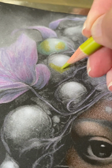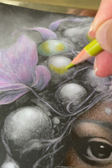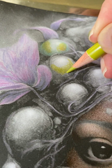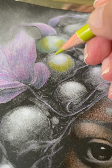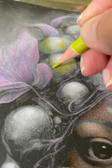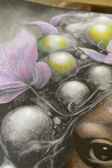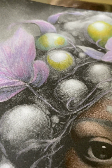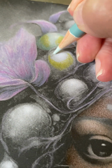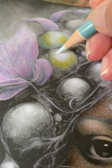Art is just experimenting until you figure out what you like. And styles develop. The more you color, the more you draw, the more you paint. You'll see, when you first start out, you're like, oh, it's never going to happen. I don't even know what my own style is. And you don't. You know what you like. You know what you like when you see it. And